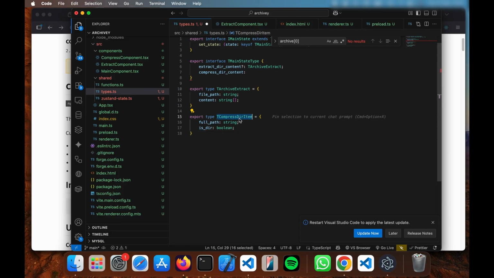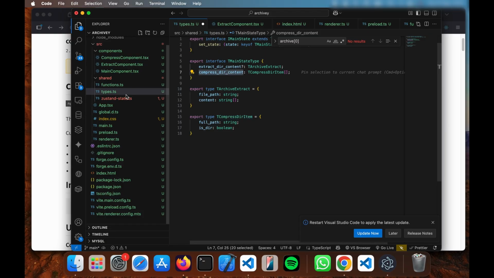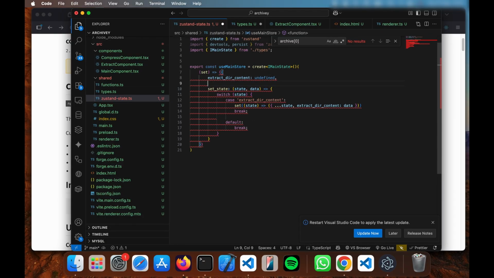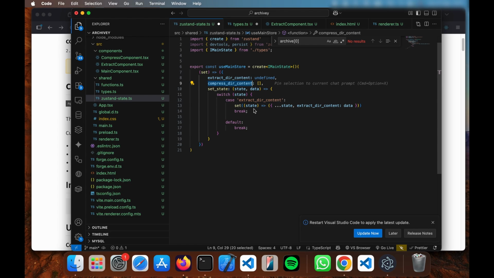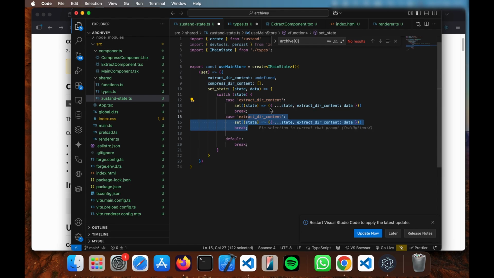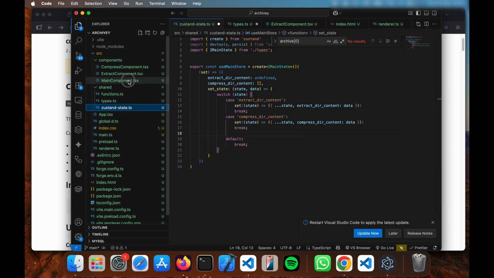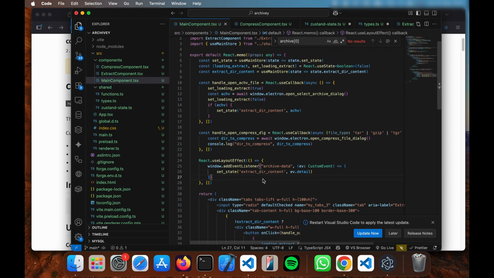Yeah, let's say this an array. Yeah, then let's add a case for it. Yeah, that's all. Then coming back to the main process,